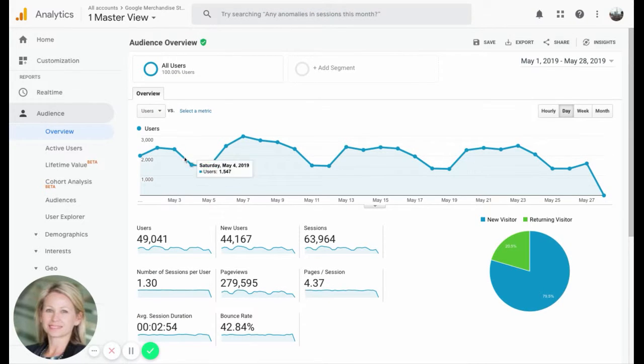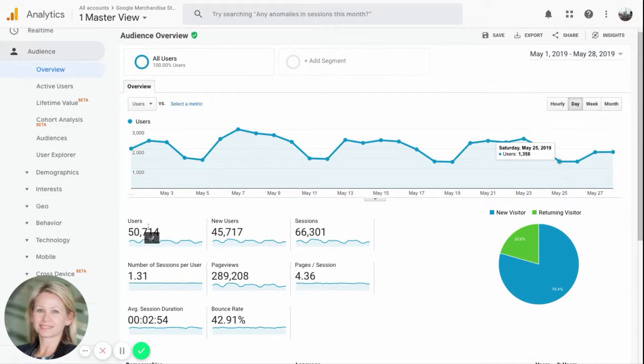And here we can see by day the volume of traffic, the peaks and troughs, if you like. So this is your users, new users, sessions. We did touch on this on the master page, but this is your total amount of visits during whatever period you're looking at. Just a reminder, we're looking at 1 to 28 May. So during that period, we've had